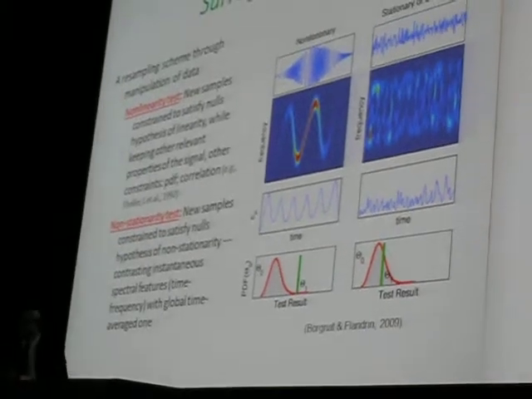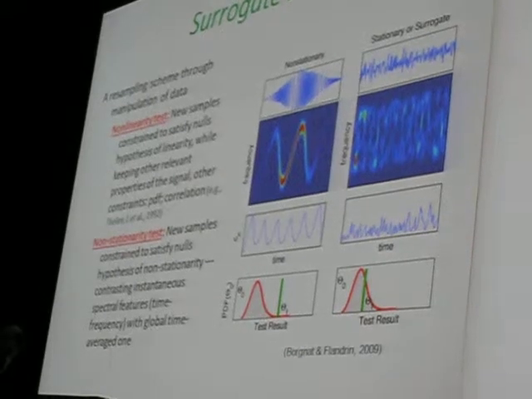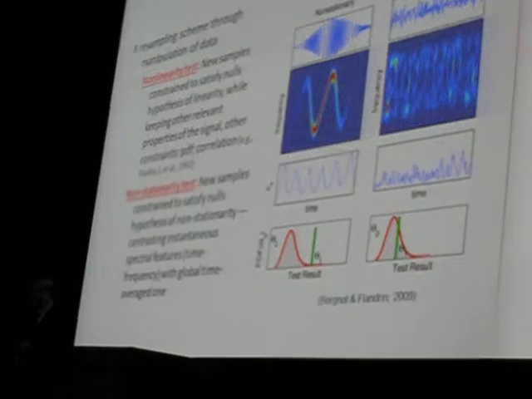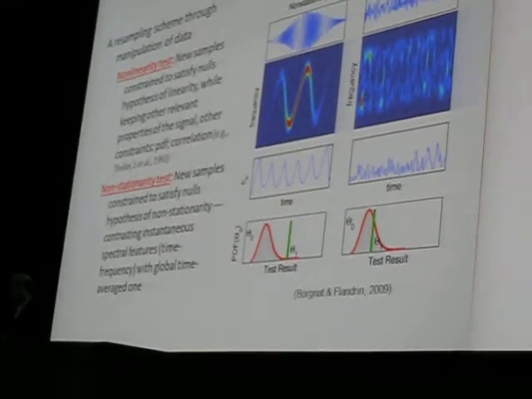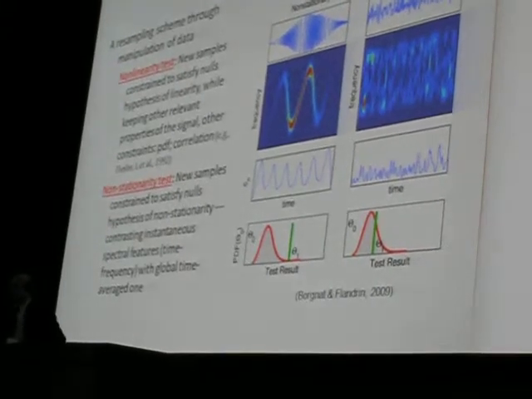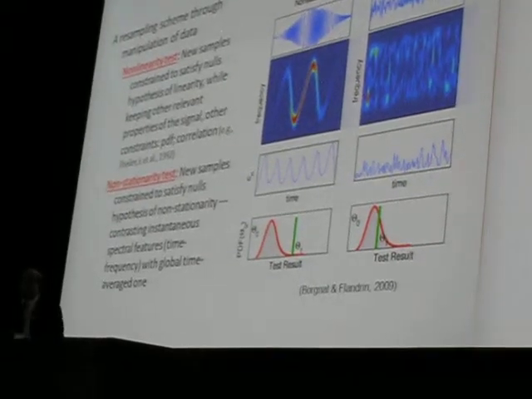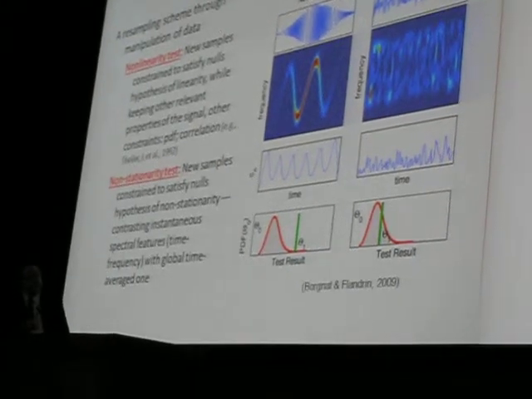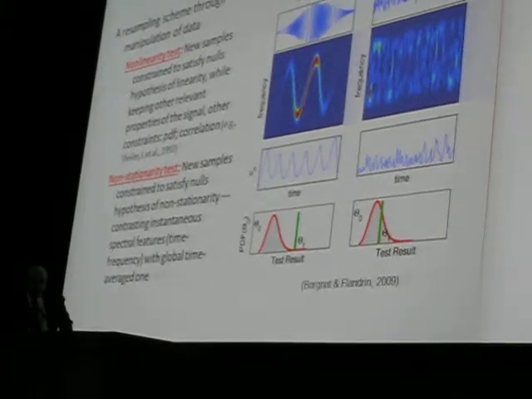What a surrogate signal is, for example, if you have a non-stationary process, you take a Fourier transform and change the phase to a uniformly distributed phase. The spectra would still remain the same because you didn't touch the amplitude, but now you have a stationary signal. So some comparison between your original signal with its surrogate and looking at the global and the instantaneous features of that, you can come up with the null hypothesis. Like in this case, we failed because it's non-stationary. In this case, we have a surrogate signal, which is a stationary signal, and it passes the test.